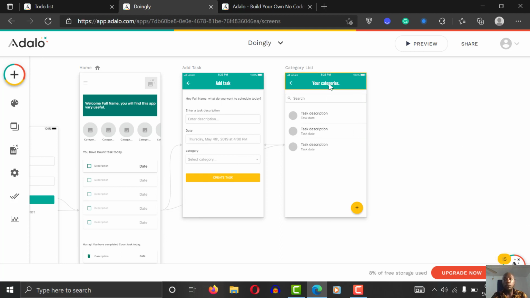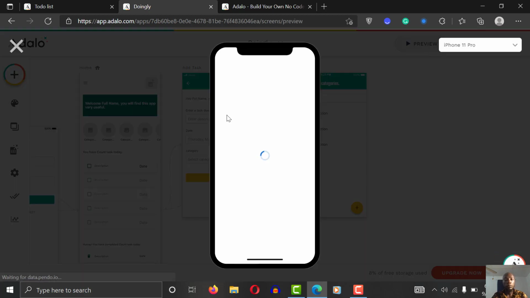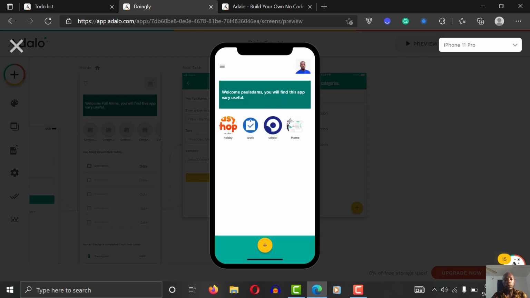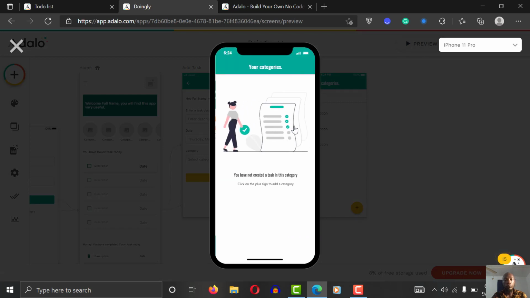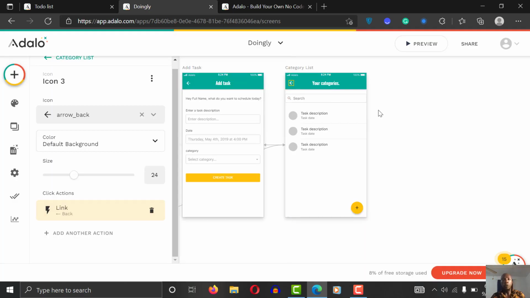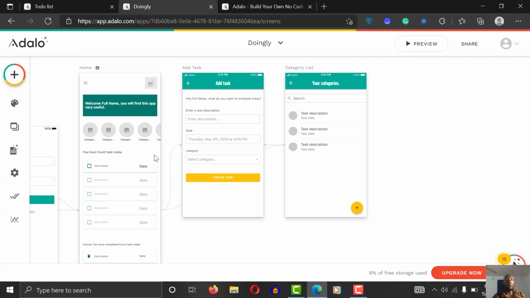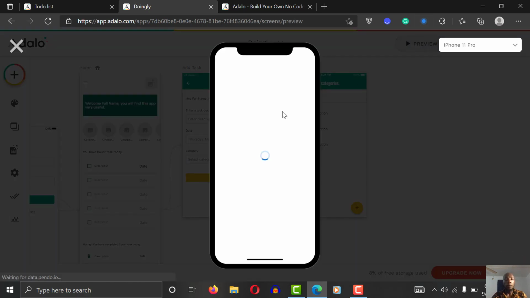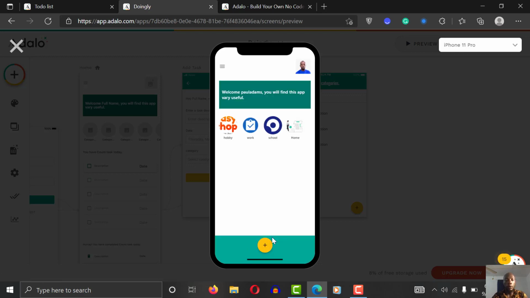So let's see again. Preview. Click on the home. It doesn't show, and our icon itself doesn't show either. So the icon is not showing. So let's just go ahead and add some tasks and see if it will. So click on the preview, click on the plus sign,